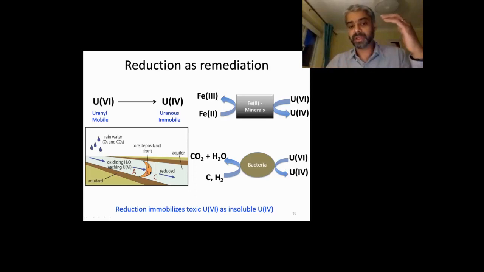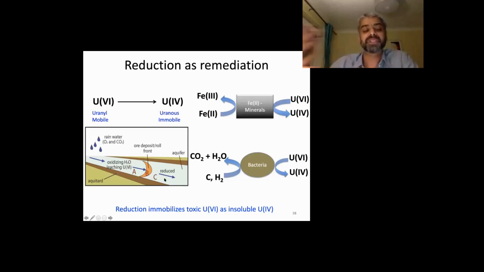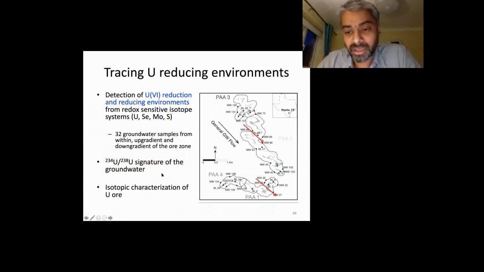Now, if that's the case, we should be able to see the evidence from the isotope ratios, because the uranium concentration is going to be really low here and here. And if this is reduced, partially reduced, the uranium concentration is also going to be low. So just looking at the uranium concentration is not a very reliable indicator at all for this type of setup. But it will be very pronounced if there is any reduction going on in this part from the uranium isotope